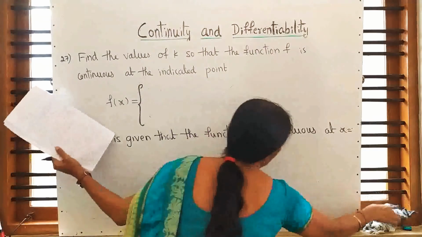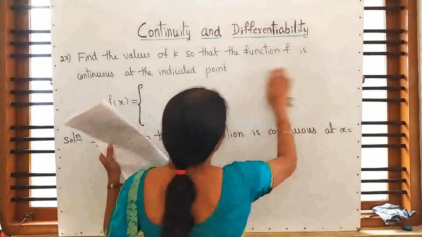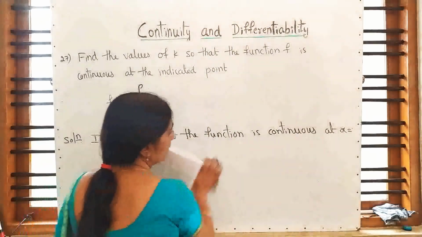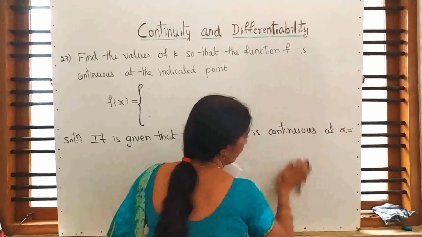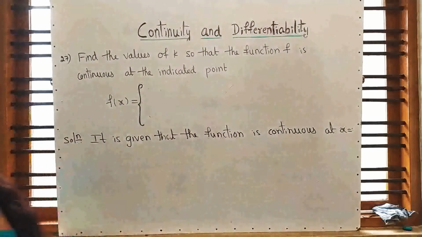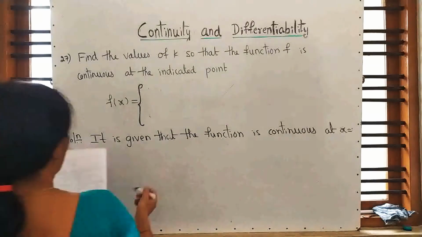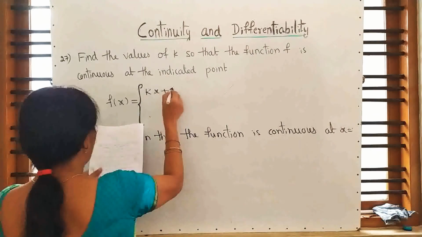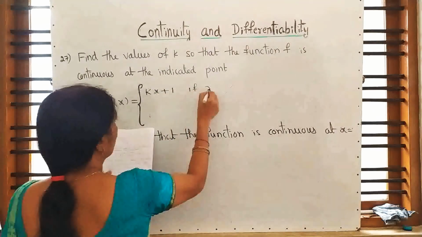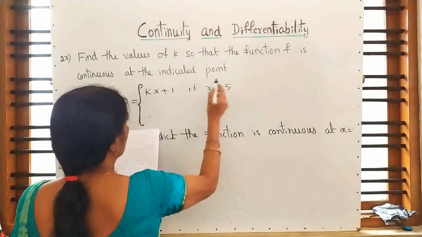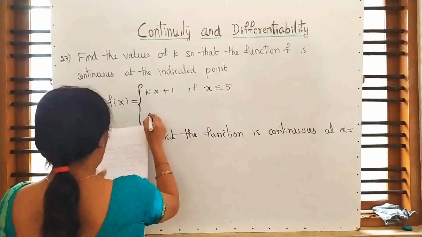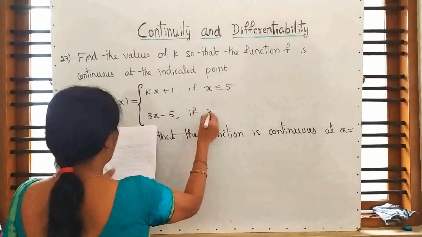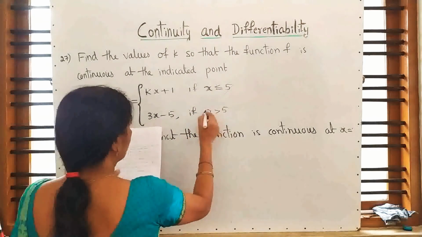First I told you, only writing makes you perfect. First thing is understand the basic concept carefully, then do writing practice in mathematics. Here, kx plus 1 if x is less than or equal to 5, and 3x minus 5 if x is greater than 5,